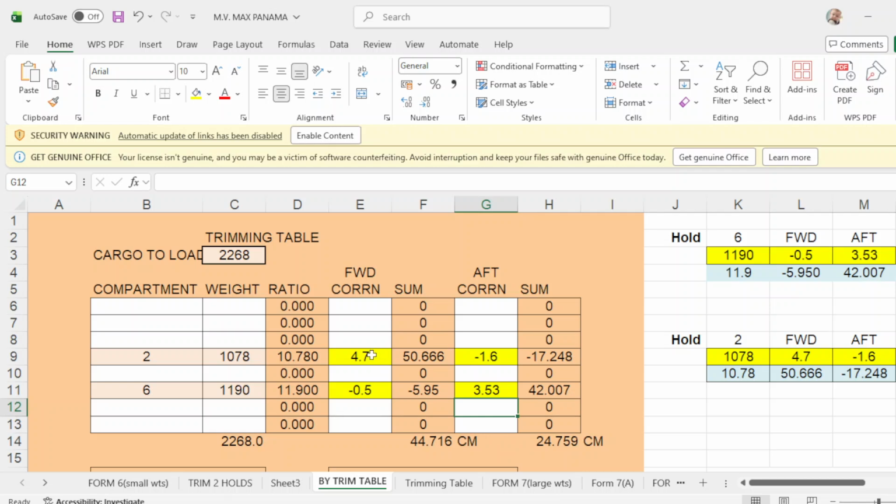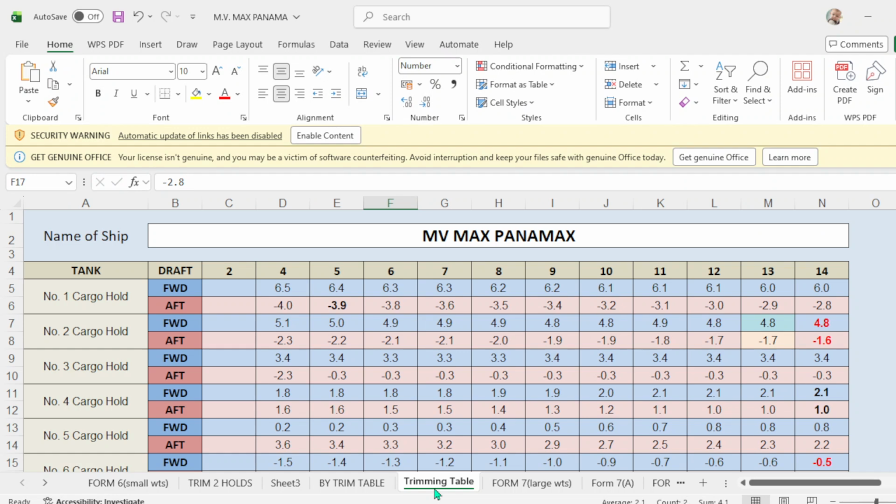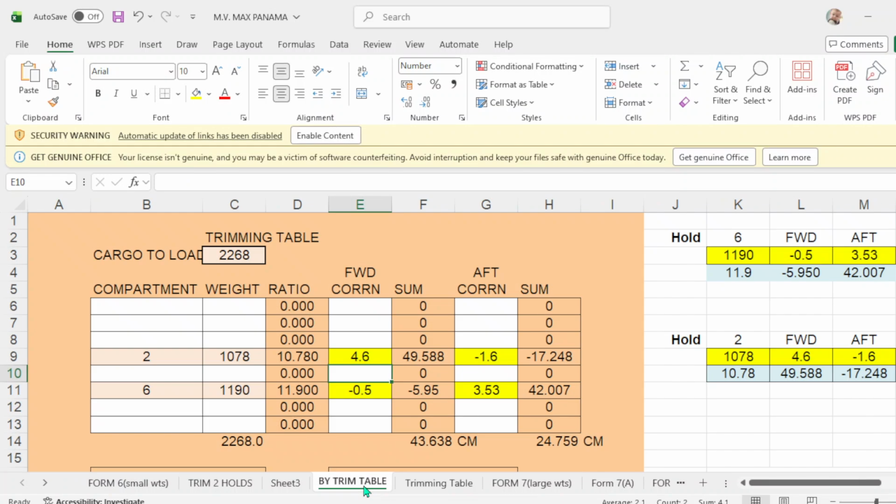forward 4.6, but I have adjusted this. Okay, put this to 4.6, and up correction is negative 1.6. And for hold number 6, forward correction is how much?